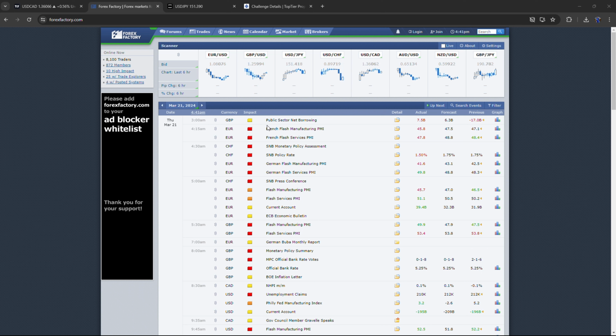Me personally, I don't trade any pairs relating to GBP or Euro. I normally trade Yen, CAD, and USD. That's another thing to note. Make sure you don't trade too many pairs, because trading too many pairs can make you miss out on big moves on certain pairs, and it can be overwhelming at times, because when you're looking at many pairs and you don't know what's going on, it just looks like a foreign language to you.